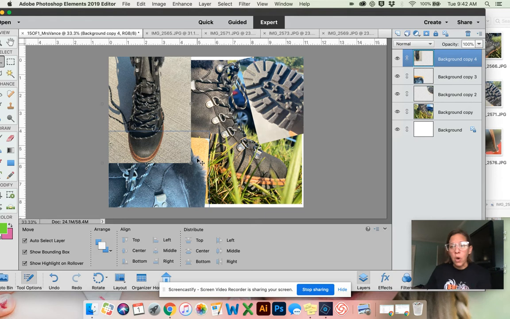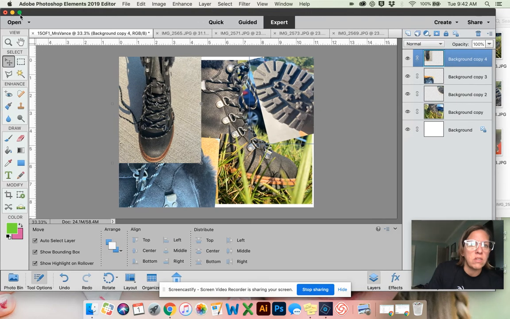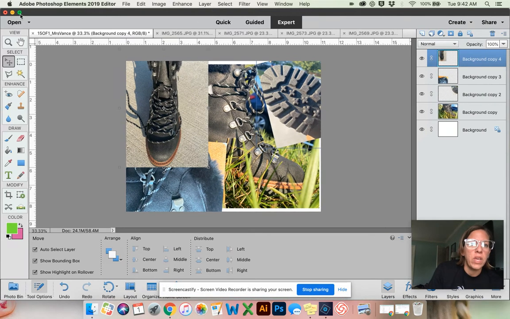Okay, so now that you have 4 photos on your project, on your kind of collage, you're going to start to see your layers build up over here and decide what you want to do with them. Using some other tools and options now, we are going to play with them. So I want you to